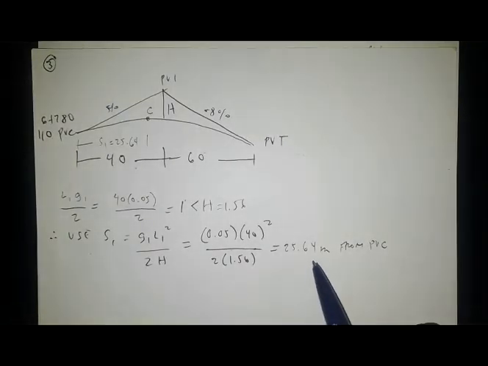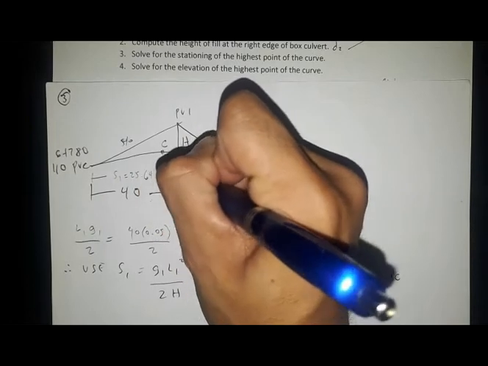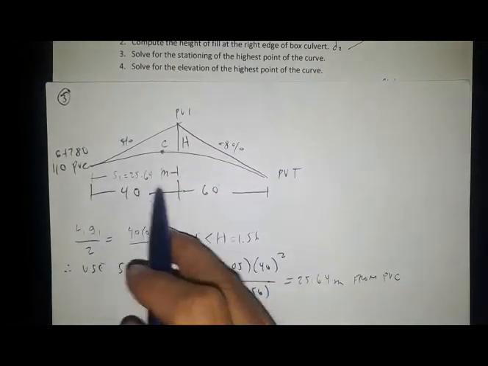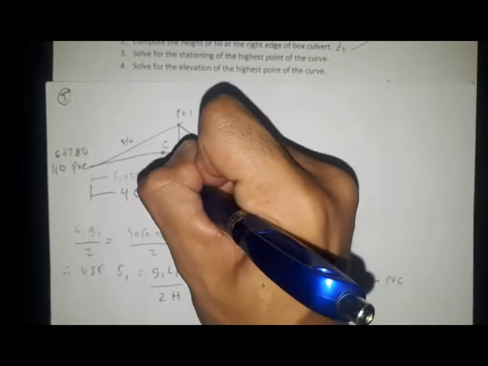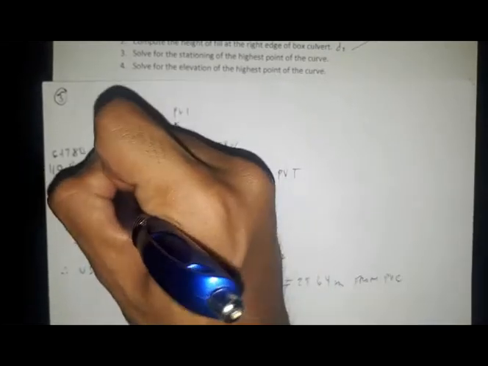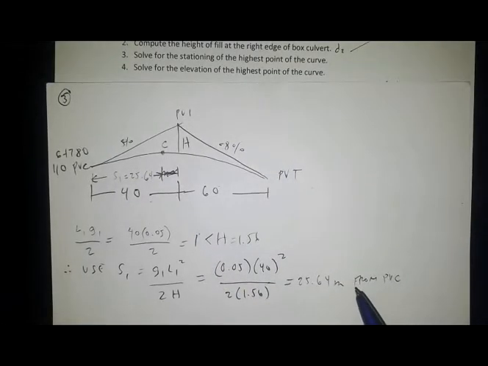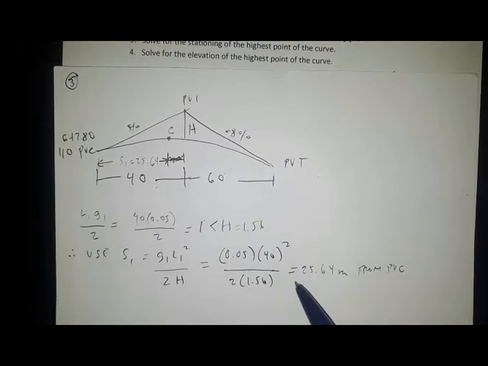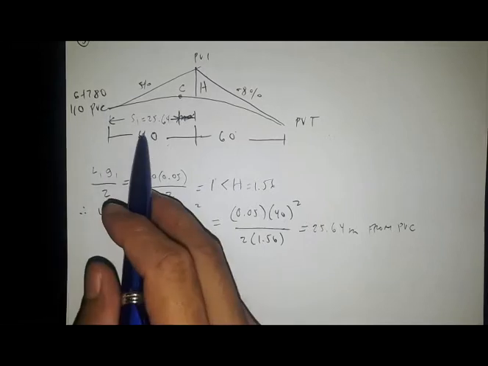So we have S1 equals 25.64 meters from PVC. So this is the value of your S1, the distance from PVC to point C. In order to solve for the stationing of the highest point of the curve, we have to add S1 to